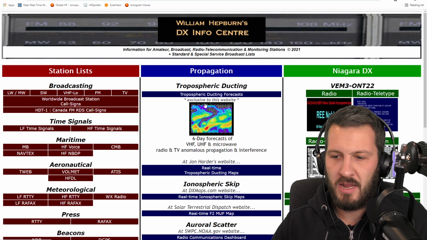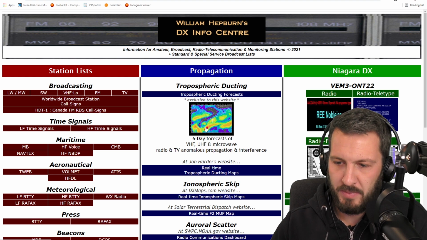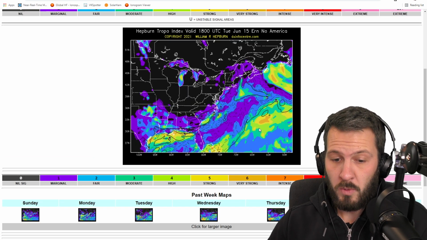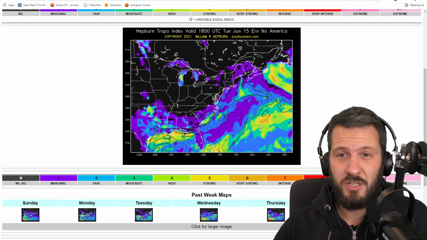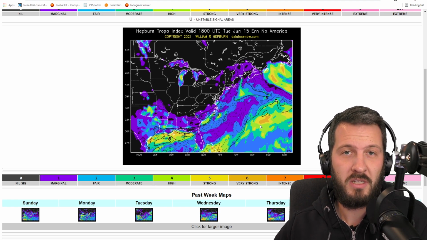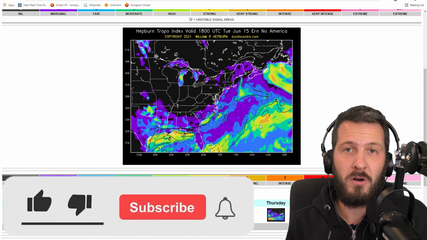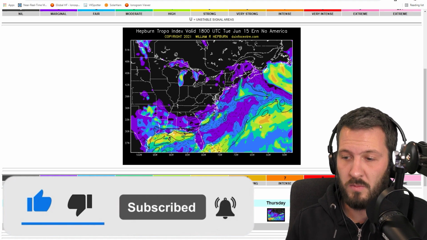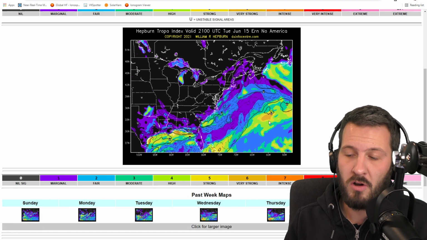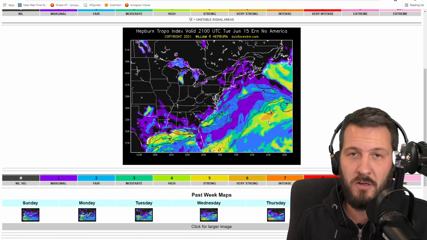dxinfocenter.com, there is a little map here in the middle of the webpage. So if we click on that, what we're looking at is a tropospheric ducting prediction. This is not set in stone. This is all to do with the information they use to predict to generate these charts from weather data. So we can see here, if you actually correlate this with weather charts such as synoptic charts, you'll see